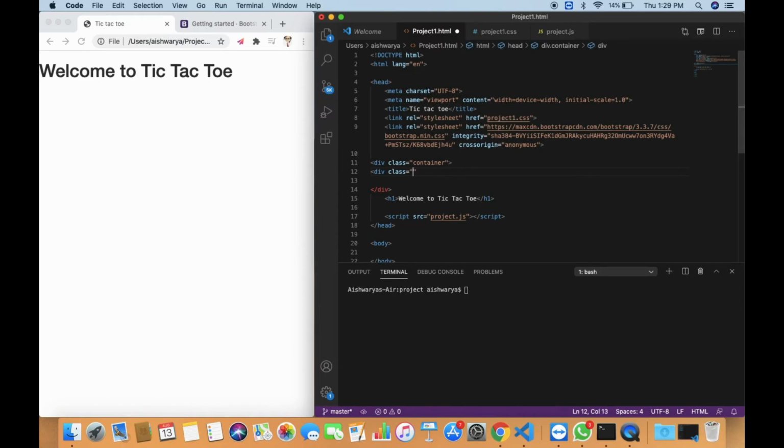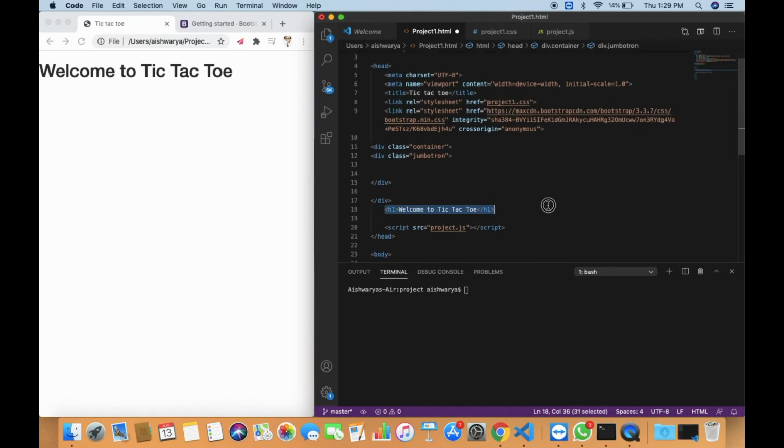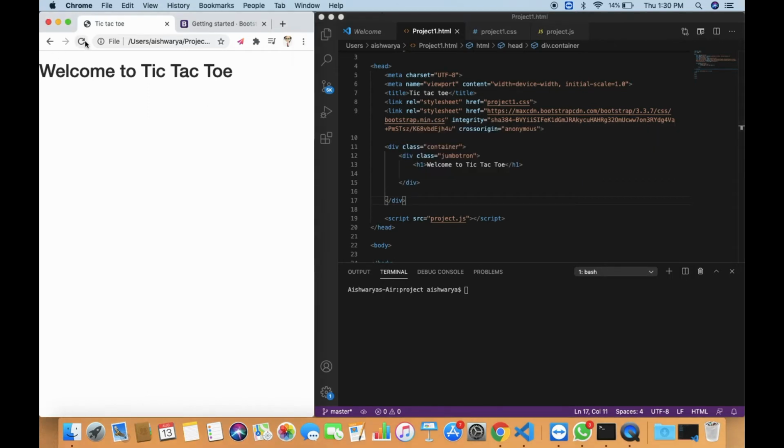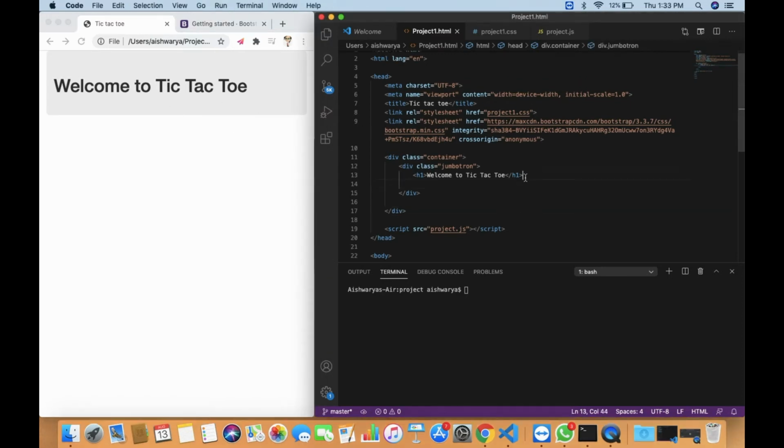You need to put this heading inside these tags. The Jumbotron gives a background to the heading. So I'll put this h1 tag into this class, remove this, and save it. We'll refresh this and it looks nice now, better than what it was looking before.